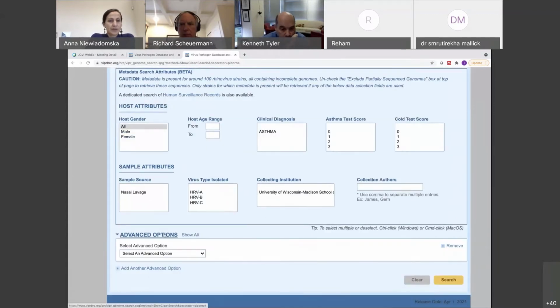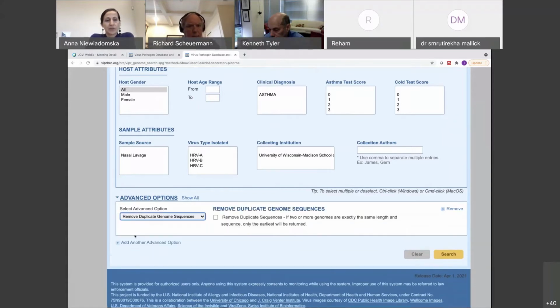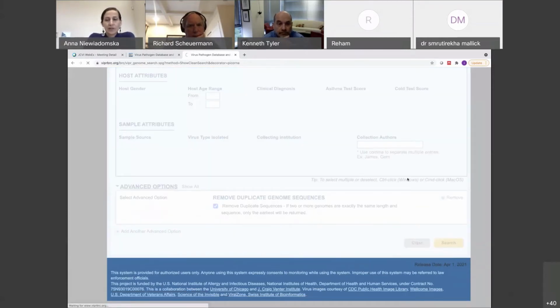There's a few other things in the advanced options that I would encourage you to click through, and that's, for example, being able to specify the month range that you're interested in, or searching through specific genomes and strain names that you're interested in. And one of my favorites is removing duplicate genome sequences, which, especially if you have a large data set, can be quite handy and help shrink that for you if you're not interested in duplicate sequences. So if you go ahead and click on search,